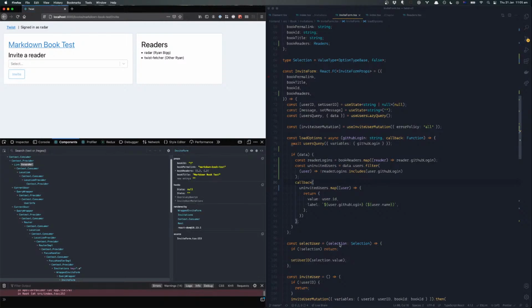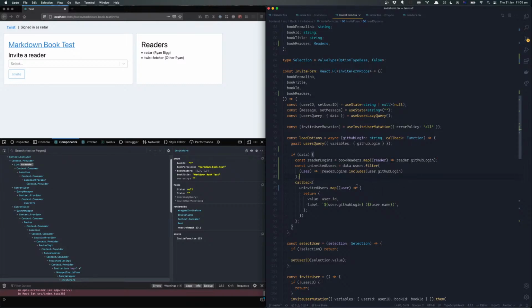What I was suggesting before is, if somebody goes to invite a reader that's already been invited, where their eyes are looking is this select box here. They're not looking over here. I can tell right now when I'm looking at this thing on the left-hand side, my eyes barely see this thing on the right-hand side. So what we want to do here is, if the user has already been invited, maybe say, hey, just be careful because this user has already been invited. So maybe we could be like,